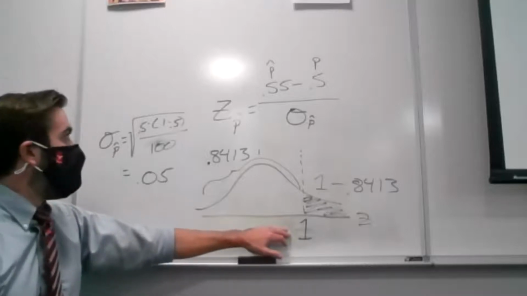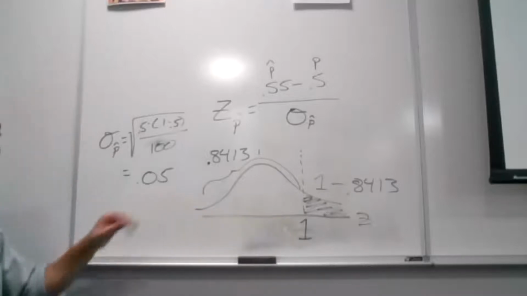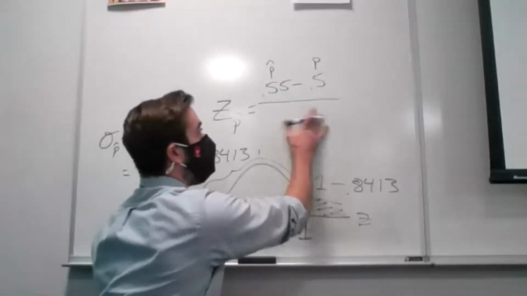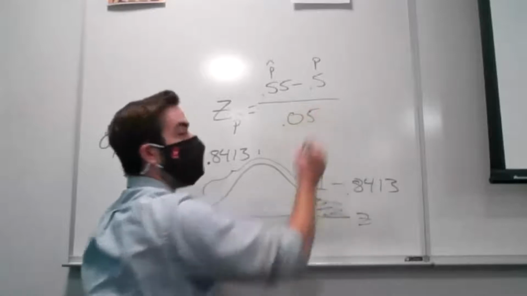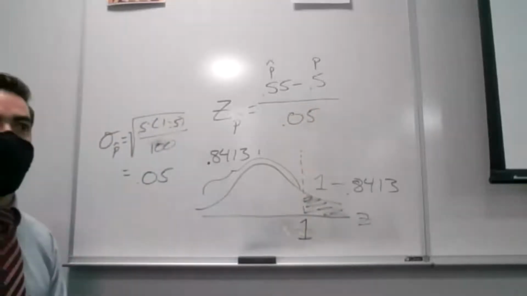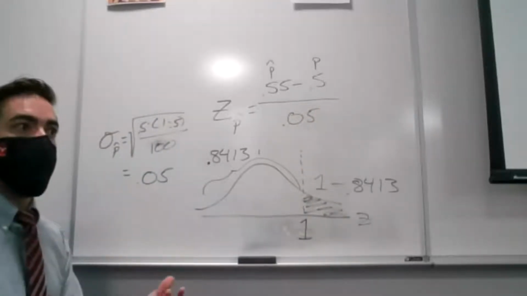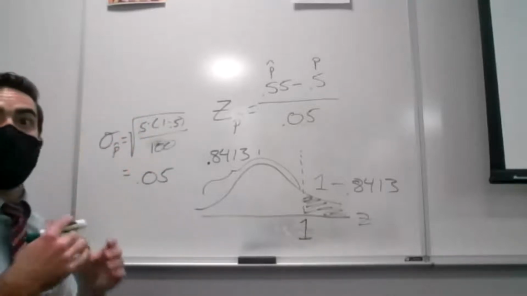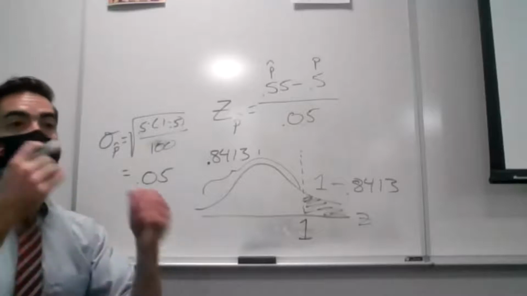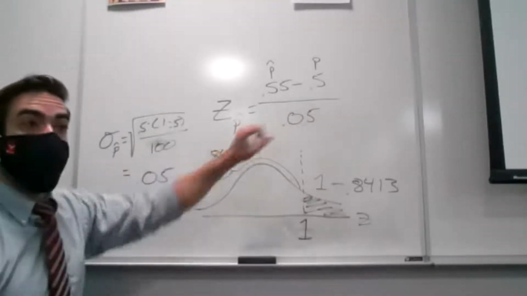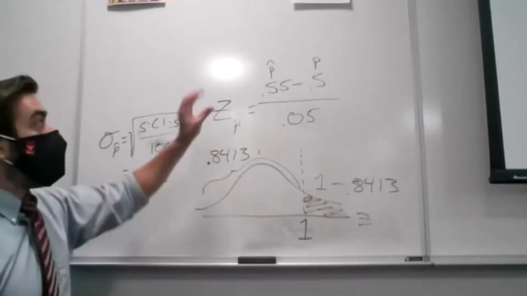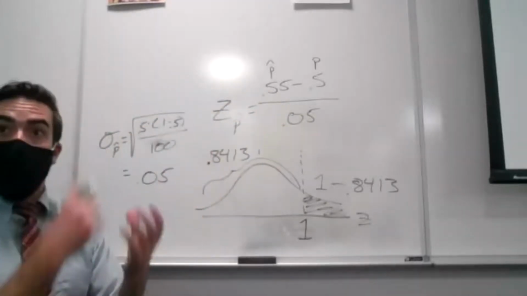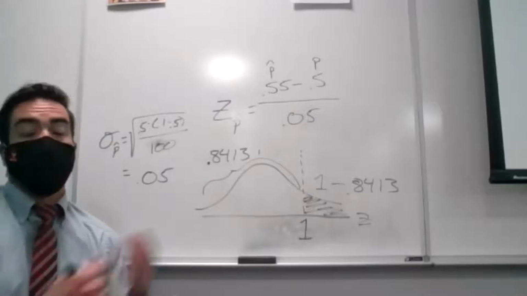Now, if I did the intermediate step and first calculated that standard deviation of my sample proportions, then in that denominator, all I have to do is plug in that 0.05. So whichever way is easier for you to think about. If it's easier for you to say, well, I know this is the formula that gives me the standard deviation of my sample proportions, I'll deal with that first, then plug that into the denominator, that's fine. If you want to plug this equation in and do it all as one equation, that's okay too. You'll get the same answer, right?